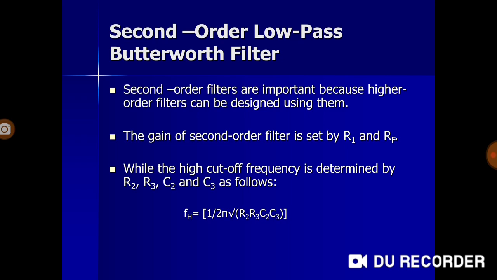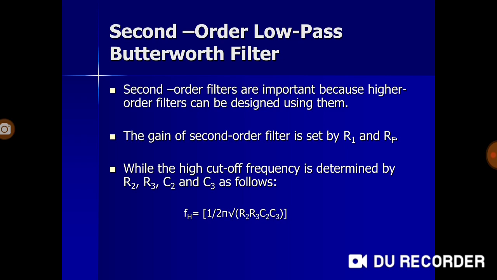So when we talk about this, we see that as the order is increased, the filter output gets closer and closer to the ideal response. We are getting better and better filtering in that sense, because the practical values are closing in towards the ideal values, so we have better filter responses. So that is why we have second order. Another reason we go in for second order is that from it we can design higher order filters. So the first step is, from first order you have to design second order.